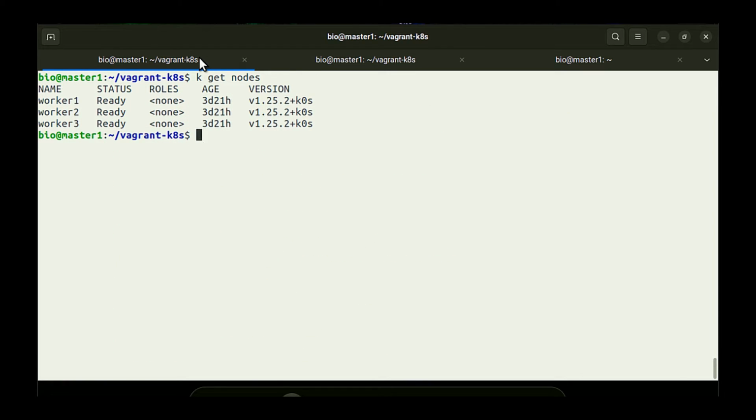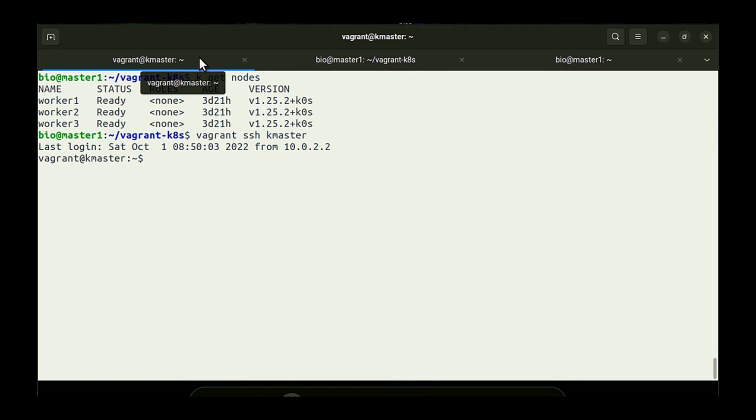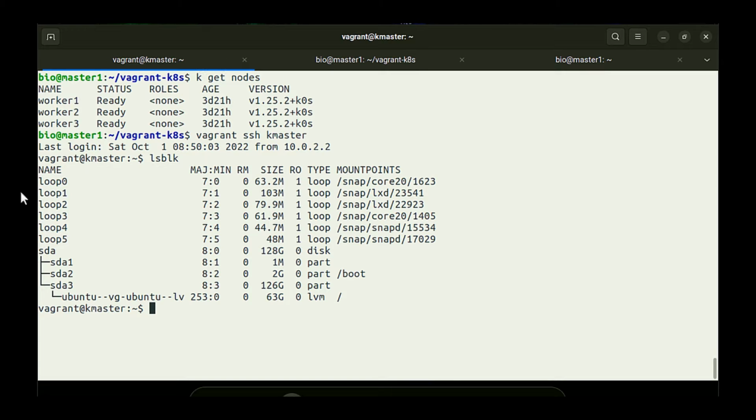Okay, now I restarted. Now we'll see the first master node. So vagrant ssh k-master. I want to show the hard drive which we connected. So type the command lsblk. It shows all the block devices. You can see here there is an sda, and it has 3 partitions. One is the boot. This is a hard drive mounted for the OS purpose, but there is no extra hard drive available. There is no sdb because we did not connect the extra hard drive to the master node. So come out of that one.